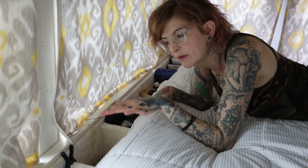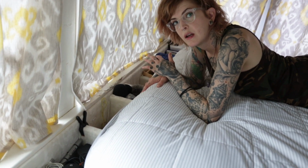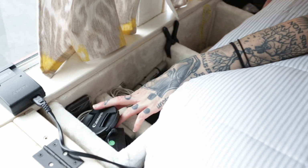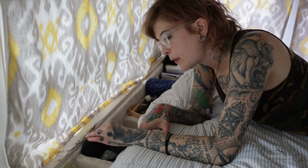This was the last thing that we built on the bus. After we put the bed in, we realized that we had a little bit of extra space at the foot of the bed, and so we built this box with different compartments so that we could store some bedside stuff. We have a podcast also where we talk about our bus adventures, so this is all of our podcasting